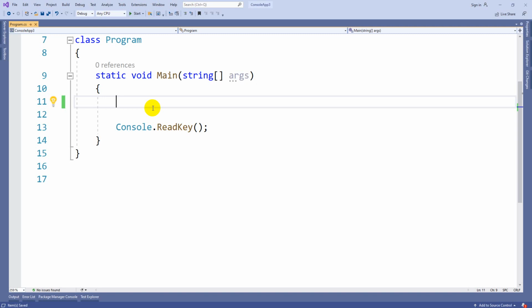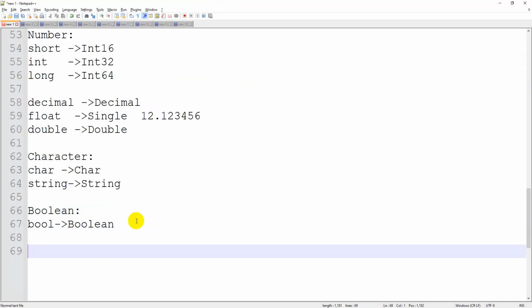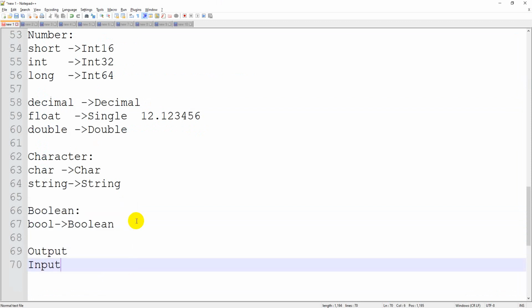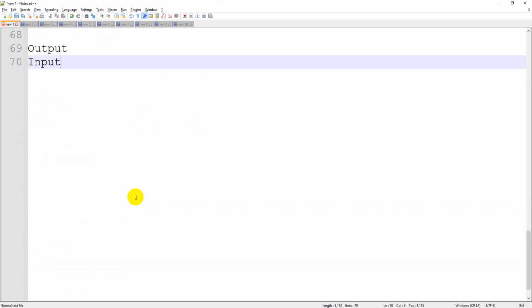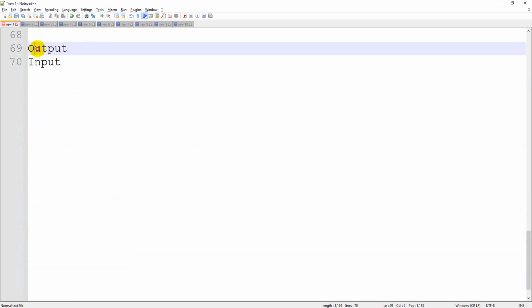Yesterday in the previous session example, we had seen how to print something on the screen. In case we want to read values from the user through the command prompt, I am going to cover how to do that now. Yesterday we had given some output on the console screen. Now I am trying to read some input. Reading input will be different compared to output, so the method also will change.